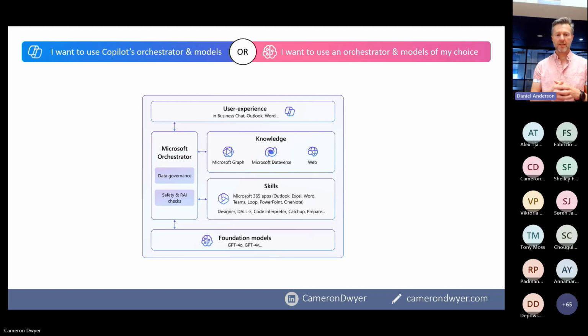And when we talk about extending Copilot, it's really split into two branches. You can swallow the blue pill or you can swallow the pink pill. And today we're just going to be staying on the blue side of things.